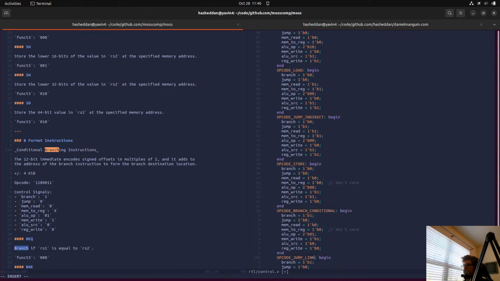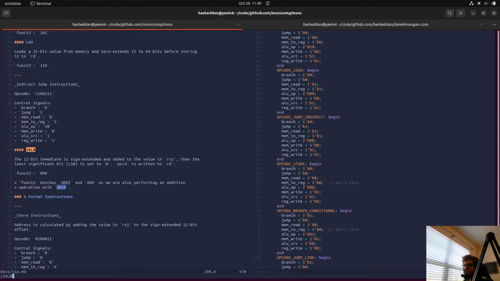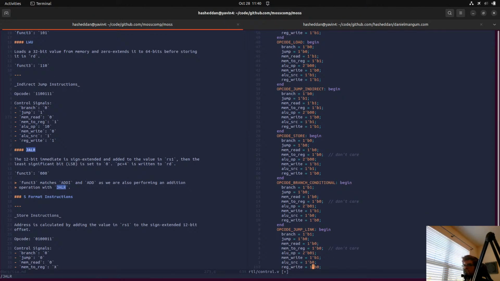Opcode jump and link register, so indirect jump. We have 0. This is always a jump. Memread 0, mem-to-reg 1. We are going to write that program counter to the register.